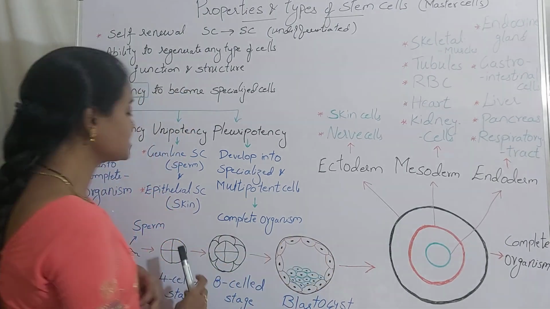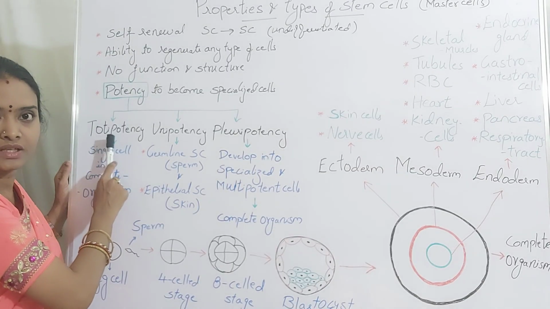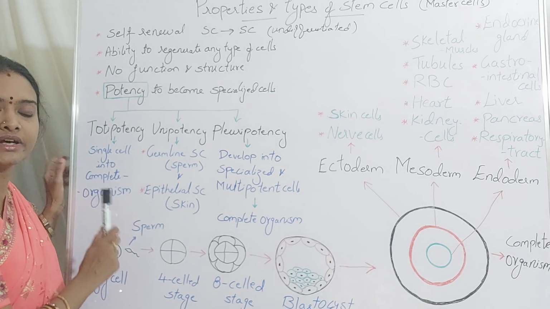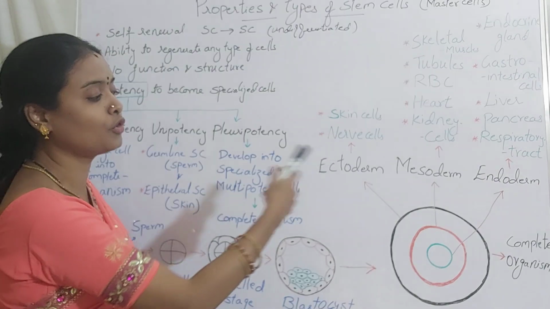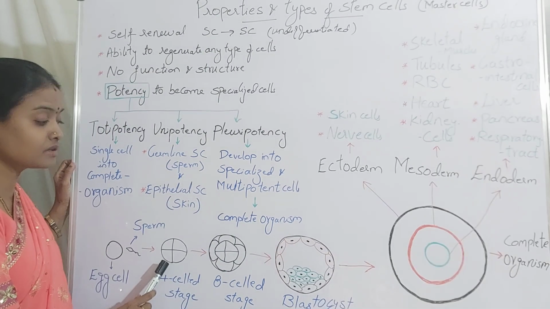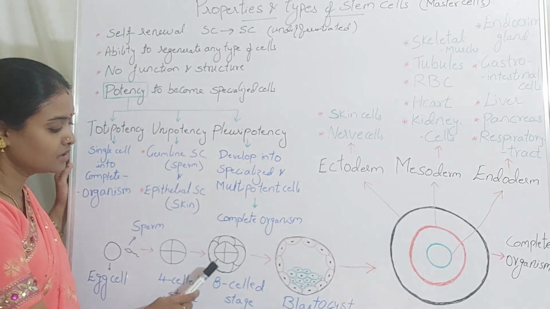So that means the zygote has totipotency, right? Or you can say the zygote is a totipotent cell, with the ability to divide and differentiate to form a complete organism. Is that clear? So here you can see the 4-cell stage, then the cells divide to form 8 cells, then from here it is the